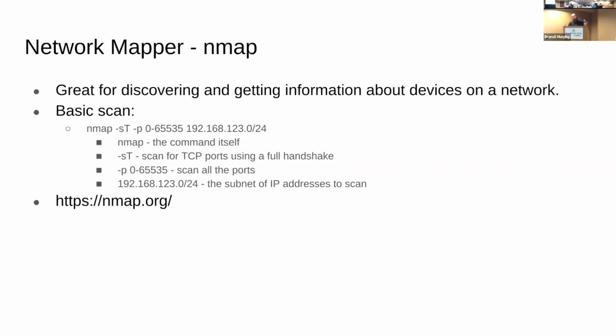So breaking down this Nmap command here, we have